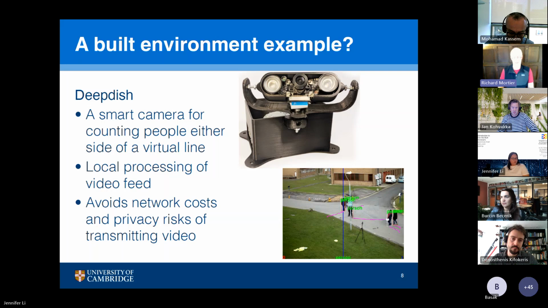There are other systems that do similar things where you're doing object recognition in the camera effectively that you can then count buses, cars, bicycles, people, and things like that. So it avoids the network costs and the privacy risks of transmitting the raw video. And this is an example of edge-based processing, which I think fits more generally with HDI as an approach, because you're trying to keep the data local, reveal as little as possible, move as little data around as possible, and do as much processing as you can locally. Next slide, please.